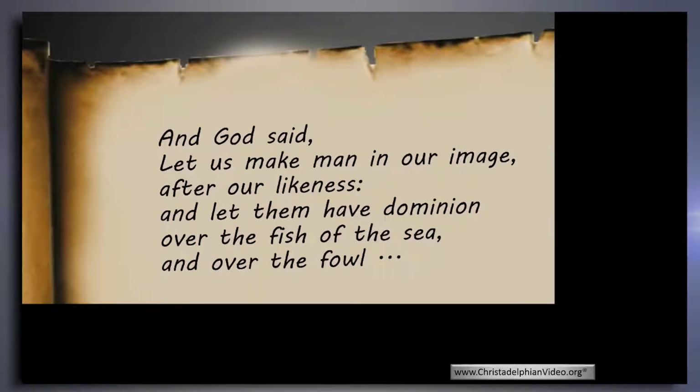Well, that word dominion in the Hebrew is mashal, and it means to have mental superiority. Now, it doesn't mean like, hey, I'm superior, I'm high and mighty. It means to think better than someone else. So humans are supposed to be helpful to all the creation because they think better. They're able to think better than the creation. That's the way that they're given dominion over all the natural creation. We should be saving the planet because we can think out how to save the planet. That's the mission man's given.